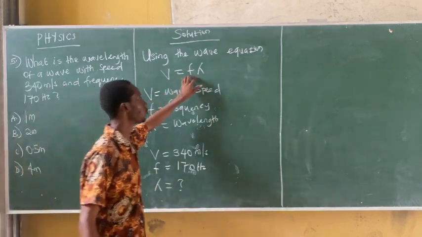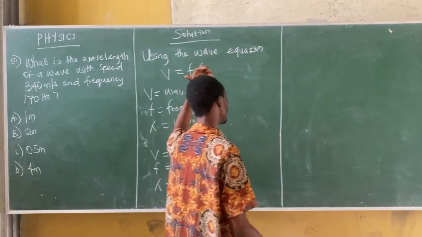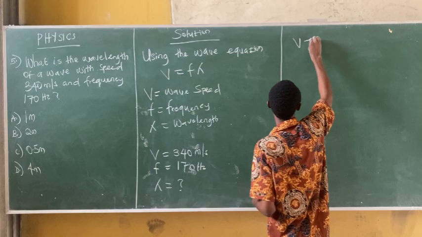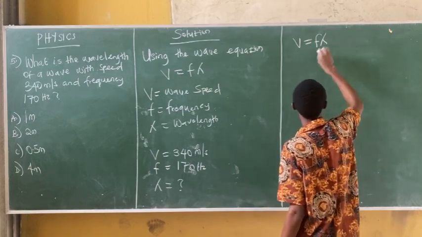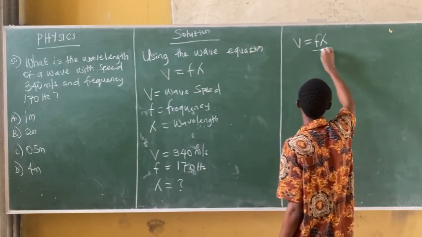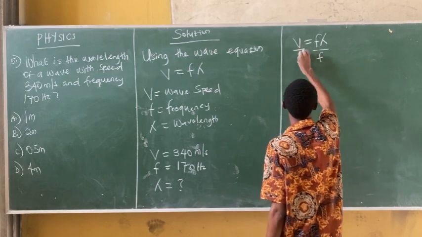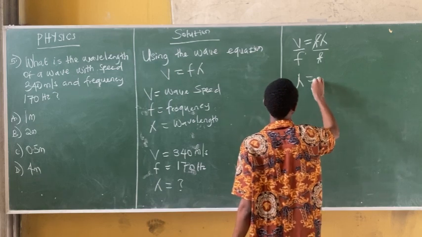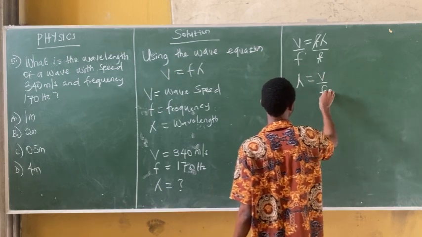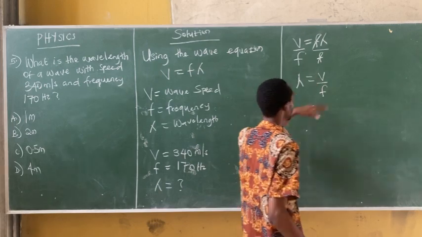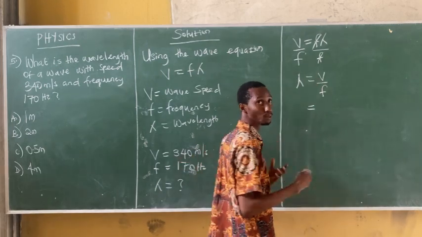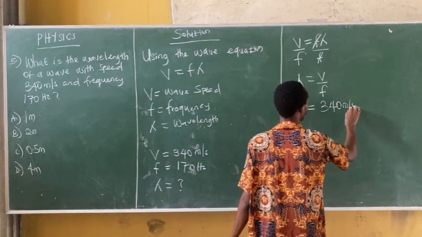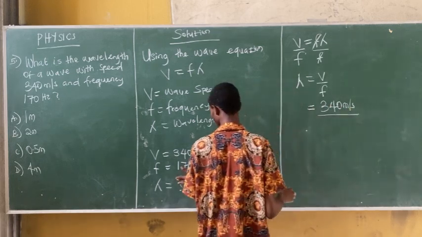From this equation, if we make lambda the subject of the formula, we divide both sides by the coefficient of lambda, which is f. V = fλ. When we divide both sides by the coefficient of lambda, this takes away this. We are left with λ = V/f. If we substitute these values into this equation, we have V is what? 340 meters per second, all divided by